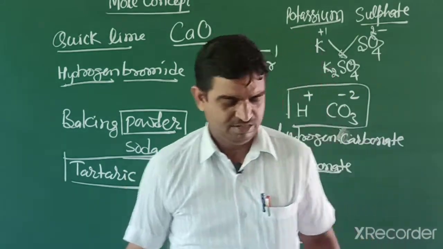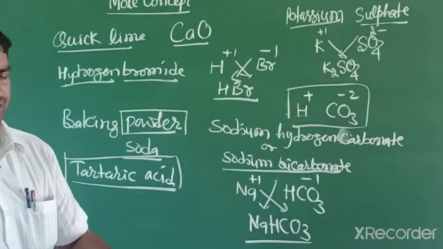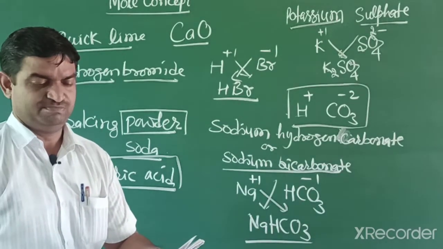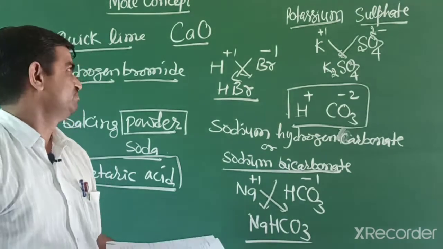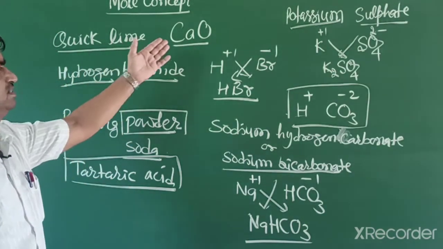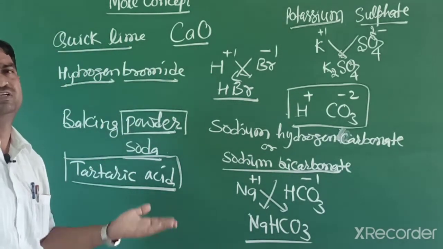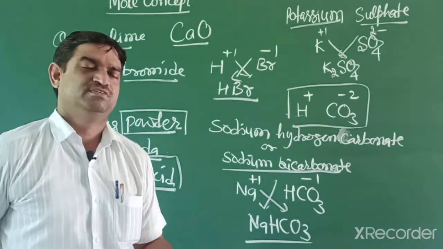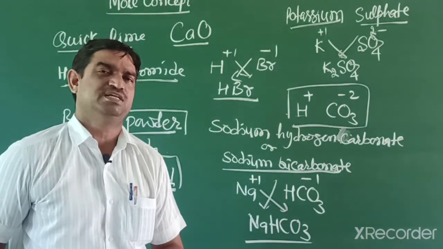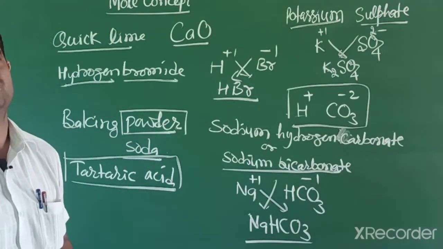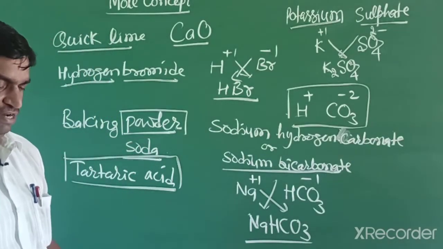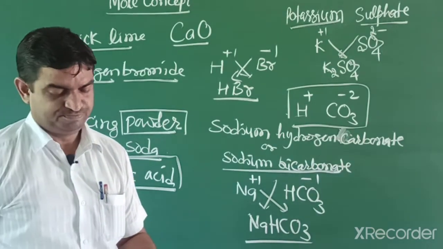So in this way, this question sometimes comes in your exam. Another question is, find out molar mass. Molar mass can easily be found by combining all the element masses. At first you find their molecular mass, then you convert the unit into gram mole inverse. Now we solve the next numerical.